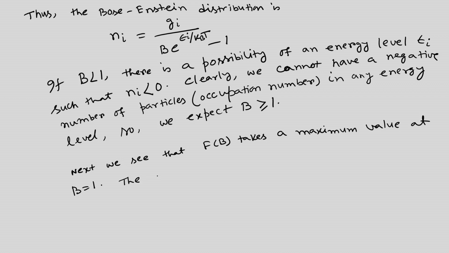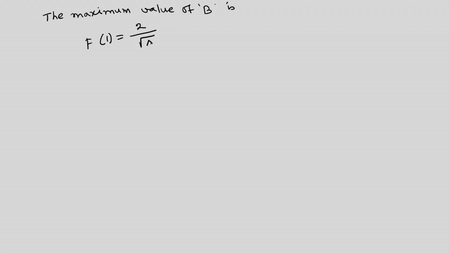The maximum value of Fb, when b equals 1, means F1 is 2 by root pi, integral 0 to infinity